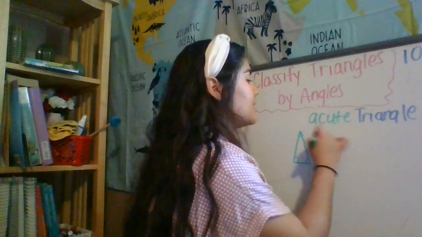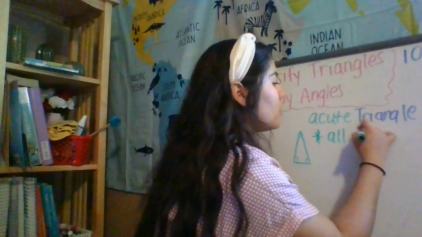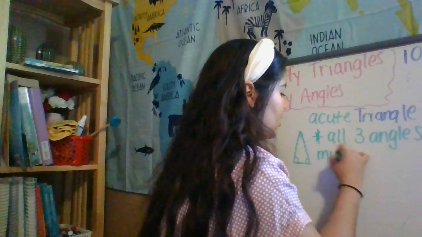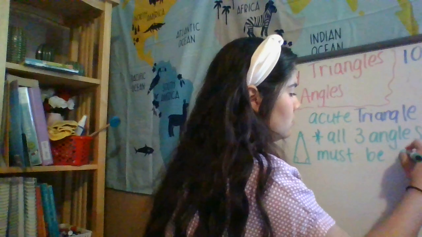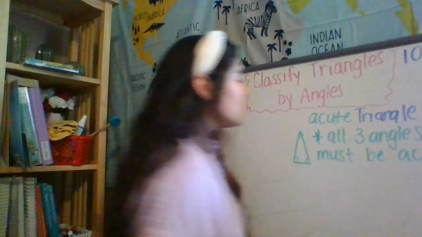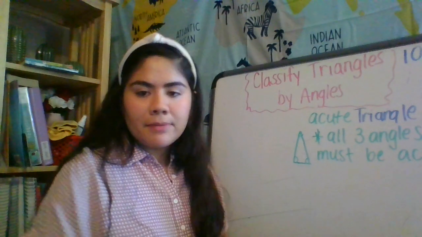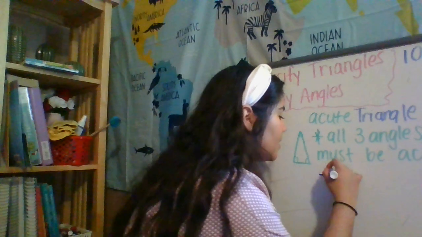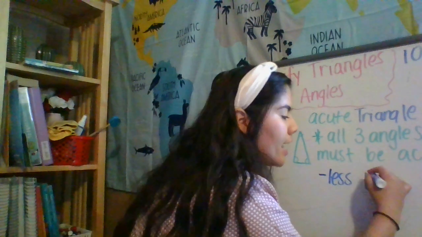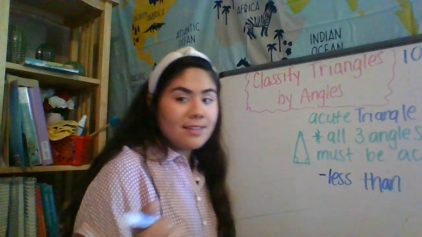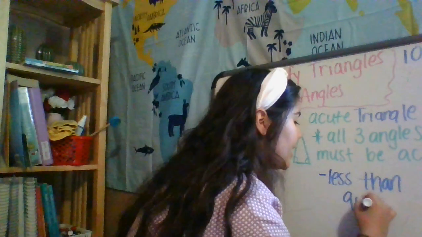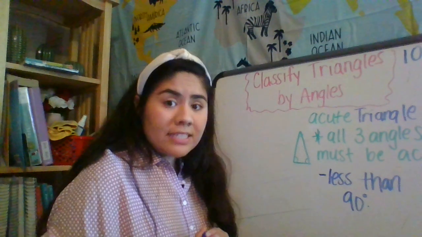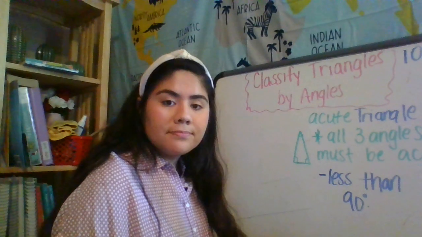So I'm going to write that here because that's really important. All three angles must be acute. That means all of these three angles, and let me get a different color, all of these three angles have to be less than a right angle, which we memorized. It's less than 90 degrees. Okay, that means each angle here could all be different sizes, but they just have to be